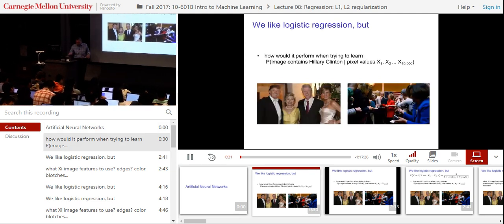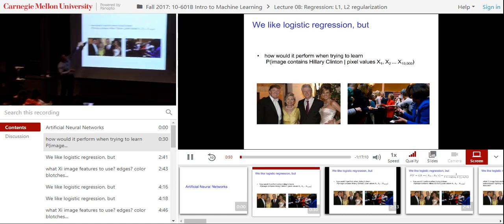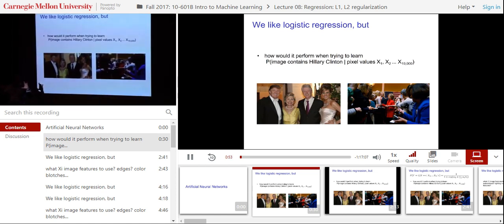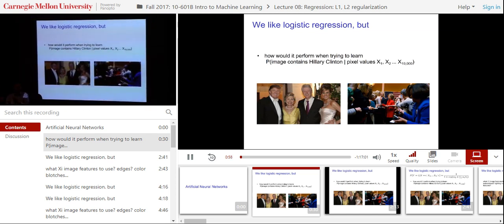So let me motivate this a little. We like logistic regression. That's why we spent a few lectures on it. But there are some problems where logistic regression doesn't work so well. Logistic regression is simply a way of training a system so that it can predict the probability of some variable y from a bunch of other features that might be continuous or discrete. So if we used it, for example, for image recognition, we could try to train a system